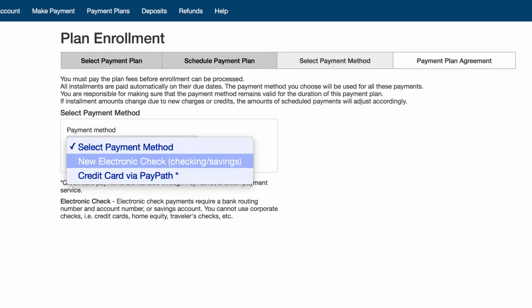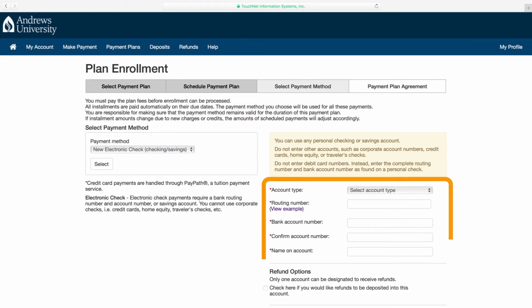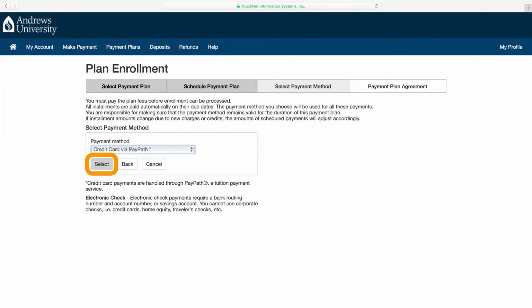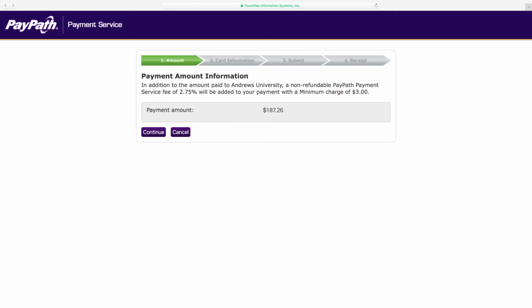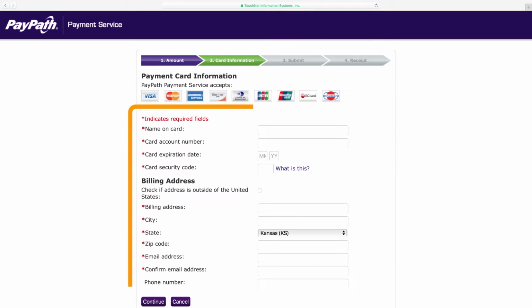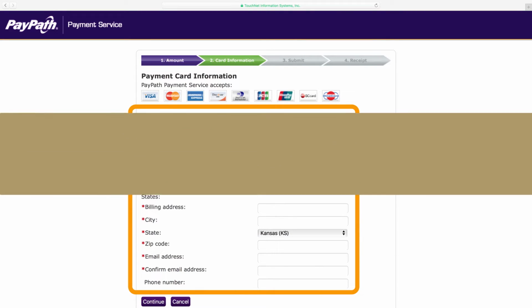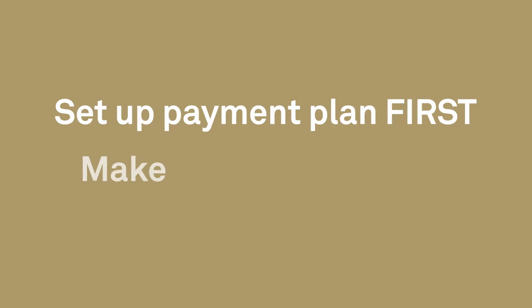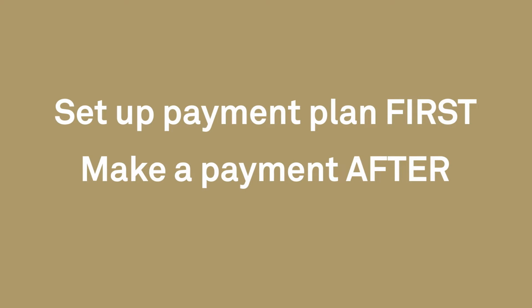If the New Electronic Check option was selected, then the personal checking or saving account information would be entered here. If credit card was the selected payment method, the student would then be directed through the PayPath tuition payment service.